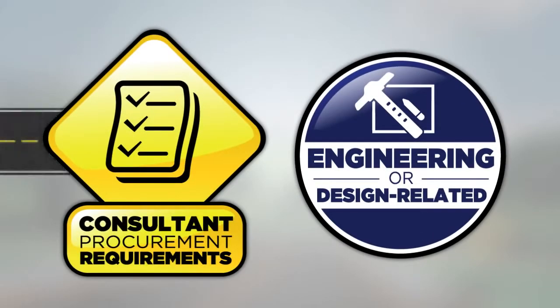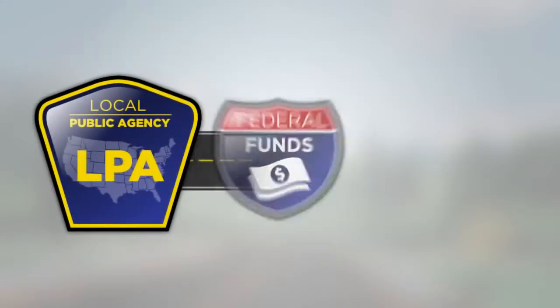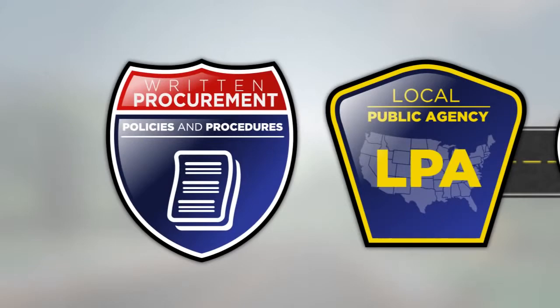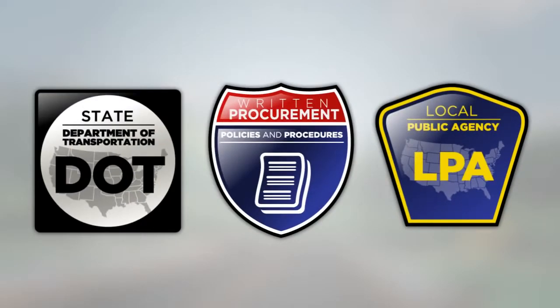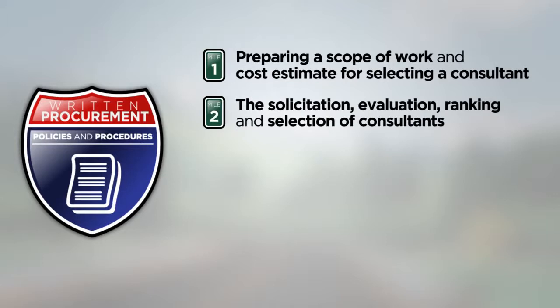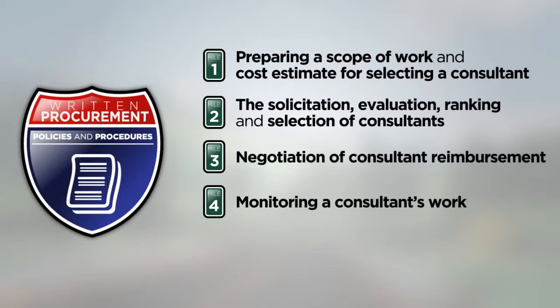Consultant procurement requirements affect how you solicit, evaluate, select, and contract with a firm. Any agency using federal aid funds for engineering and design-related consultant services must have written procurement policies and procedures. Some state departments of transportation, or state DOTs, provide and require the use of policies and procedures specifically developed for local public agencies using federal funds. The required written policies and procedures must address preparing a scope of work and cost estimate for selecting a consultant, the solicitation, evaluation, ranking, and selection of consultants, negotiation of consultant reimbursement, monitoring a consultant's work, and consultant errors and